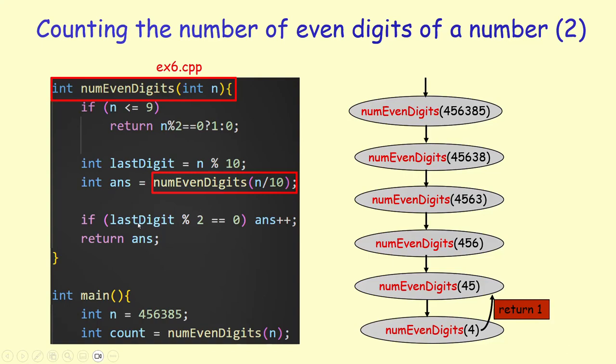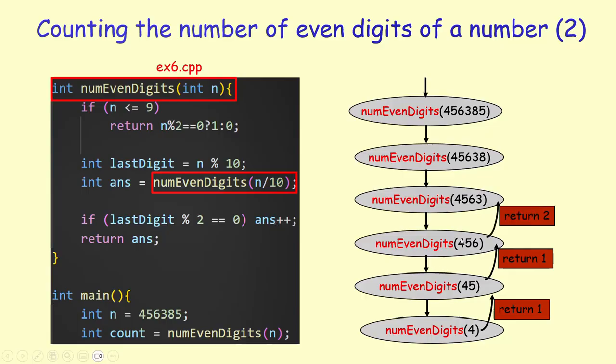So when we come back, we're going to come back here. The last digit in 45 is 5, which is an odd number. That means we are not going to execute this if statement. So the last digit is not 0, so the answer is not going to be incremented. We are still going to return 1. So 45 only has one even digit in it. When we come to the context of 456, again, look at the last digit. The last digit in here is 6. 6 modulo 2 is equal to 0. So I'm going to increment the answer that's coming from the subproblem. That was 1. I'm going to increment it by 1. That's going to be 2. So I'm going to return 2.